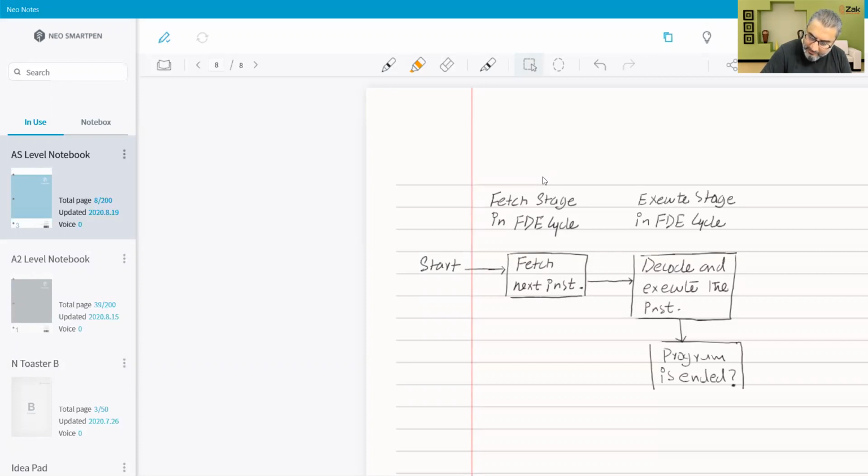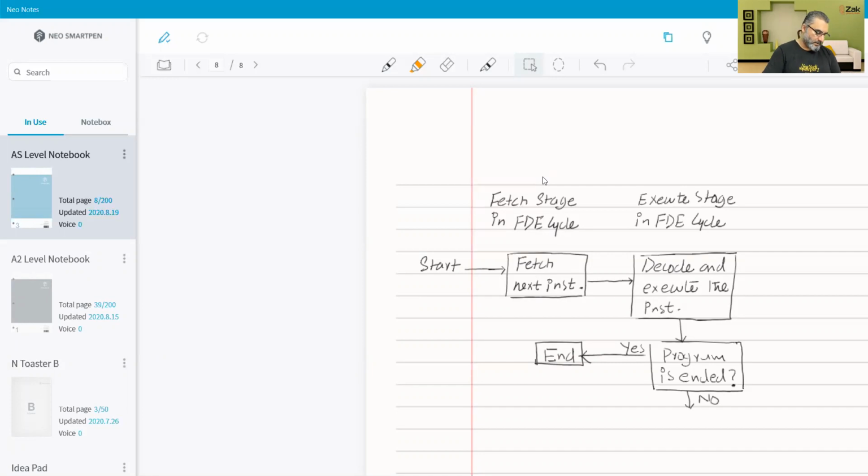It is checking this after the execution of the current instruction. Let's say if it has ended, then we have End. The program is ended. Let's say if it is not ended,